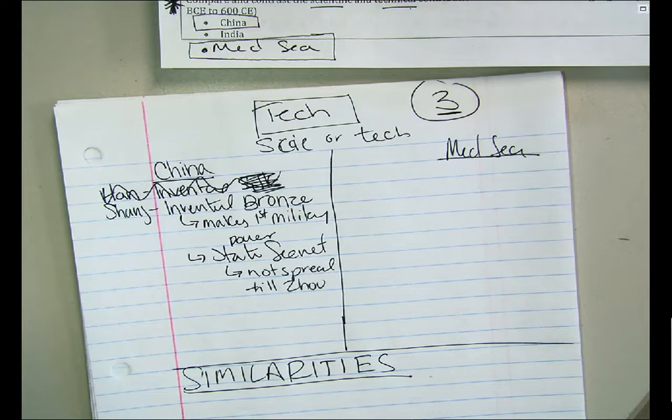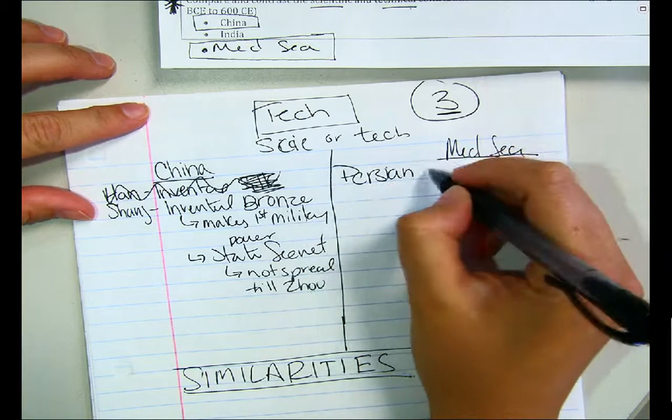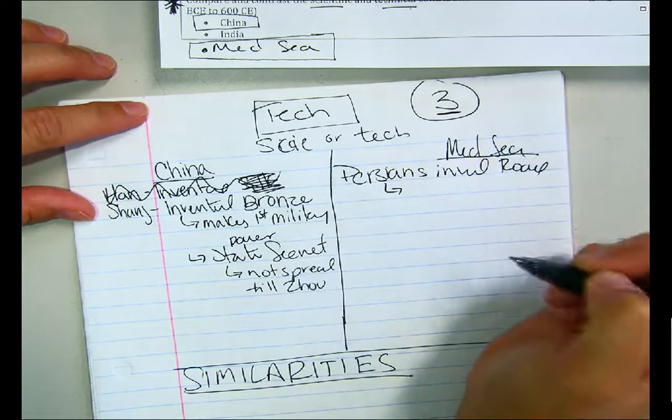I already talked to Emma. Come on, people. Open up your notes. Flip through. You can do anything. You can do Greek, Roman, Persian. Huh? No, that would be a terrible example. How is that technology or science? What do you got? The Persians invented roads. Okay, so what's our two pieces of evidence going to be?